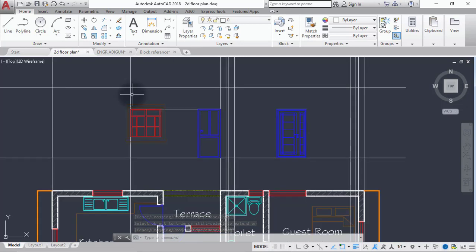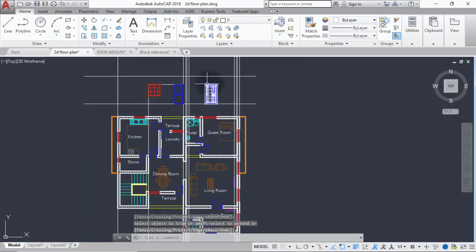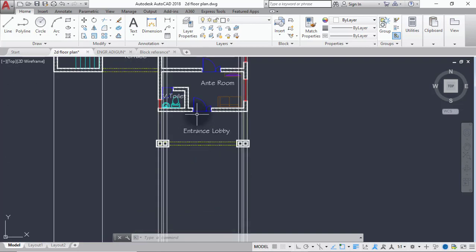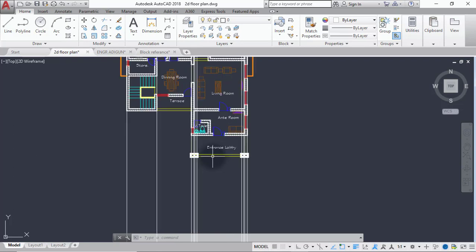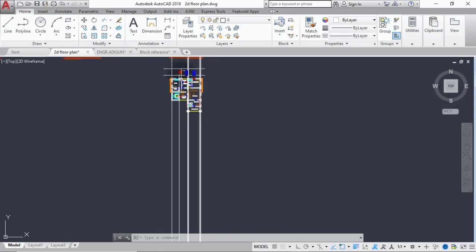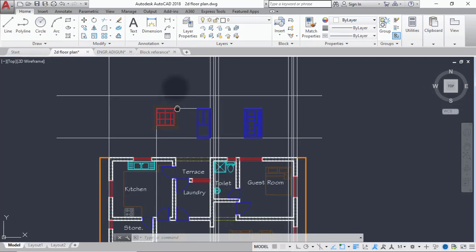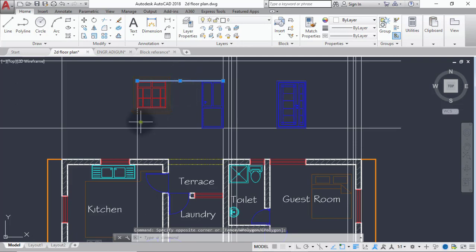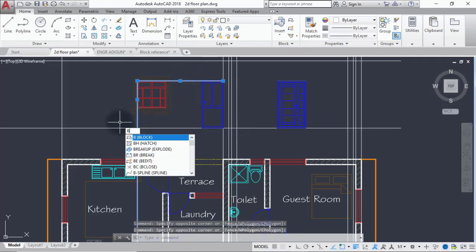So I'm going to trim away this also, this line here. So trim away this, and I won't be able to put anything here because this is going up here now. It's an entrance lobby and it's going straight up. So it's at the first floor that we're going to do the same thing we are doing here. It's what we'll do at the first floor. So after that, I have to bring all these front. They are at the back of the object, so I'll bring them front. So you do draw order